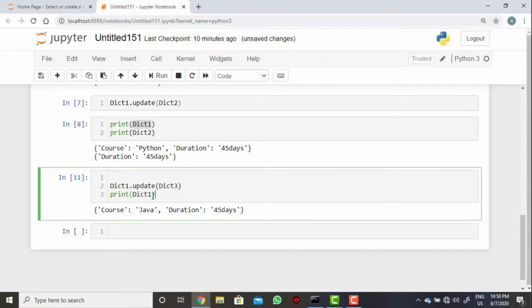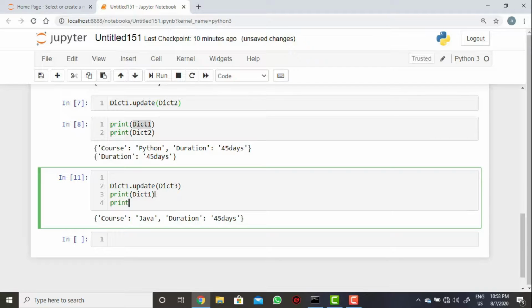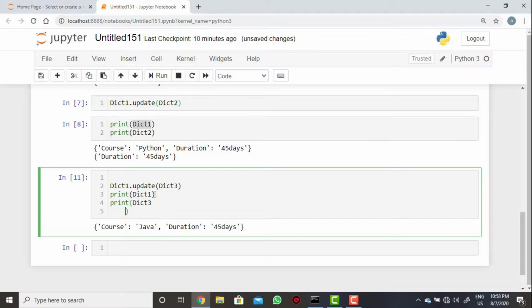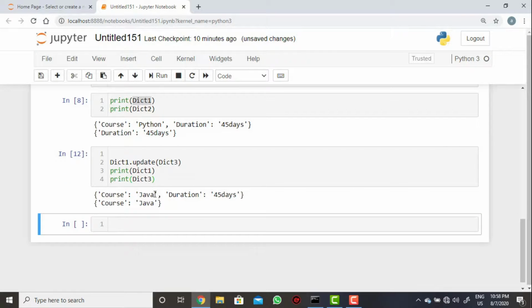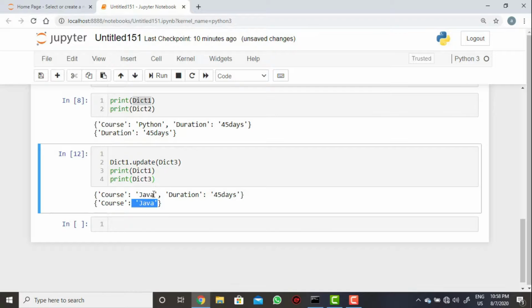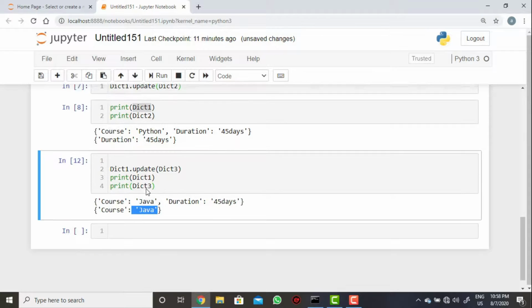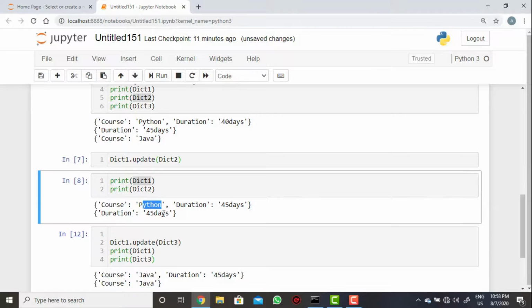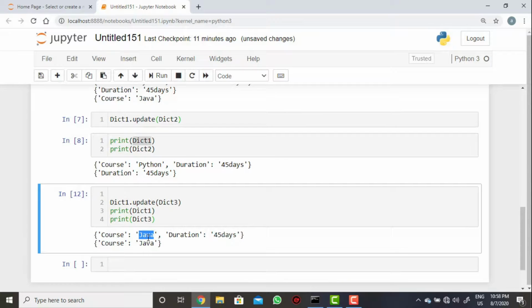You can also print dict3, and it is replacing with Java. So previously it was Python, now we are using Java.